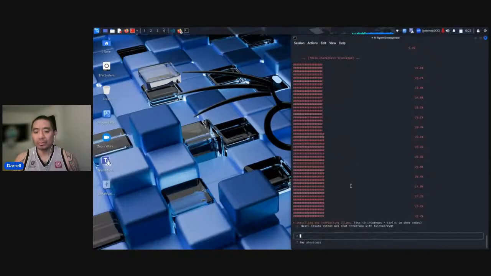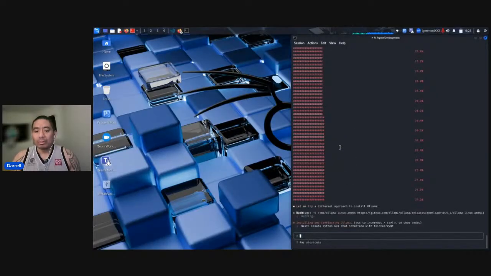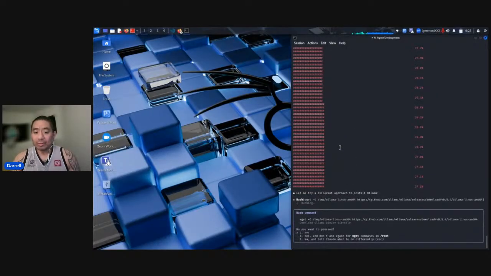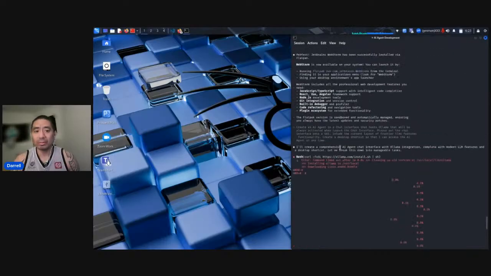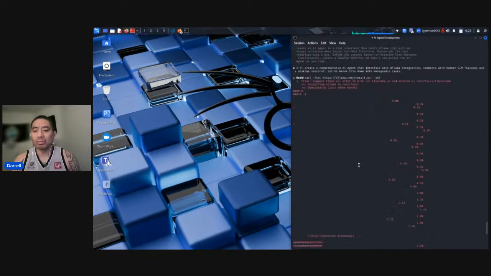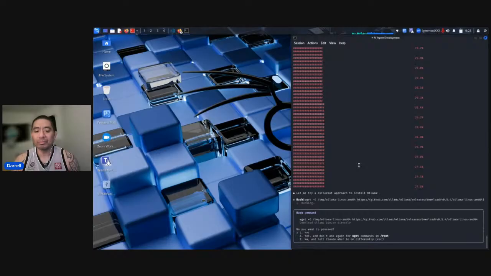All right, so it's showing me its first red. So we'll see what happens right now. So right now it's going to try a different approach. And let's see if we can scroll up here. So it failed at installing Ollama or incorporating Ollama by using curl. So now it's going to try a different approach.